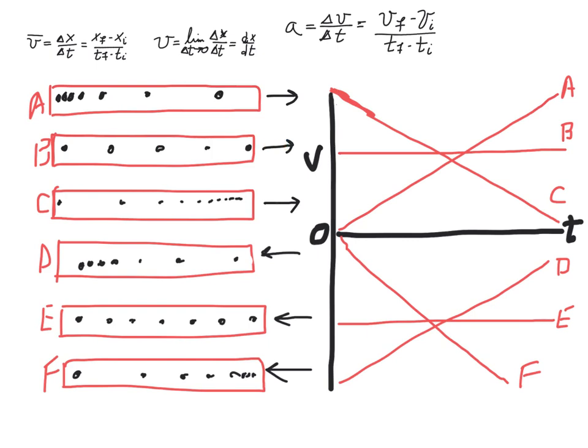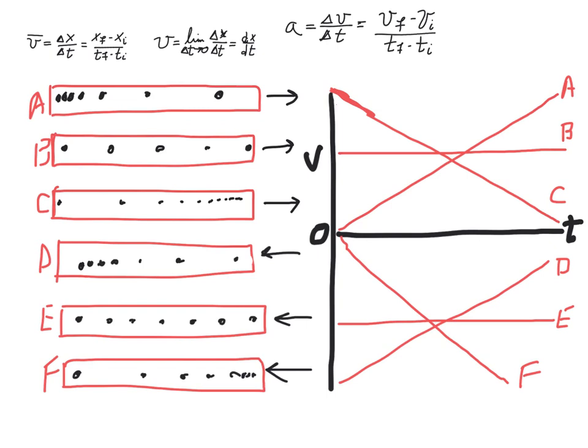And C starts with a big positive velocity and goes toward 0 in this direction. These are all below. So if we take D, D starts with a big negative velocity which gets less and less, approaching 0. In the actual graph it goes almost to 0. Here it doesn't. And E are all negative velocities, so it has to be moving in the negative direction, but